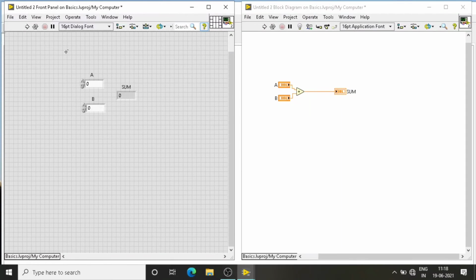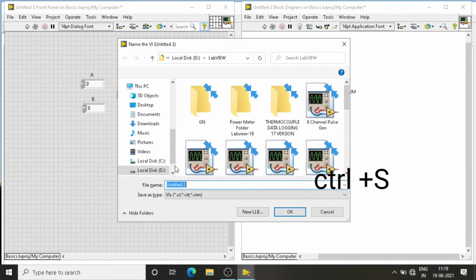Before that, we will run this program. Before running, we need to save the VI. So Ctrl+S. I save this VI as addition, and the extension is .vi, and press OK.